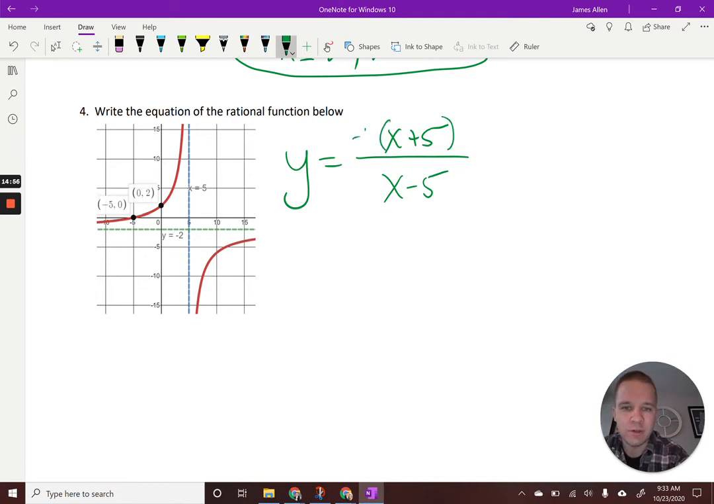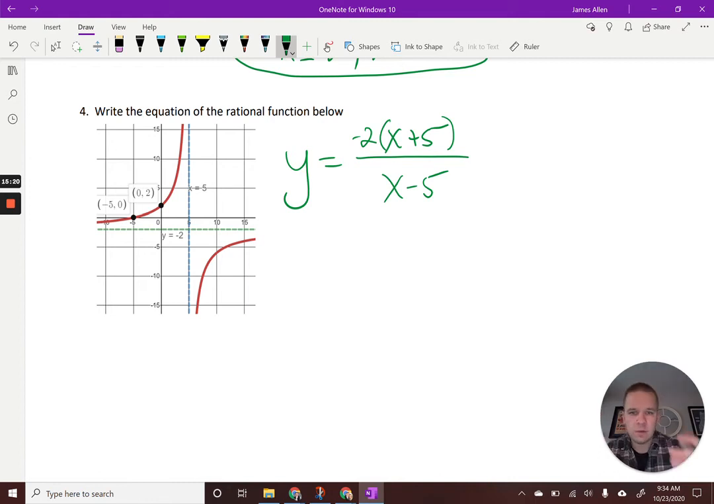I want -2. So what if I were to just throw a -2 coefficient? So now what I have is y equals -2 for the horizontal asymptote. I have -5, 0 for my x-intercept. I have x equals 5 for my vertical asymptote. And if I were to plug in 0 for all my x's,